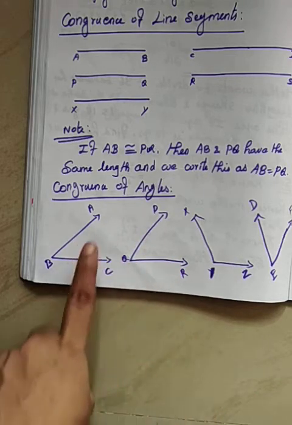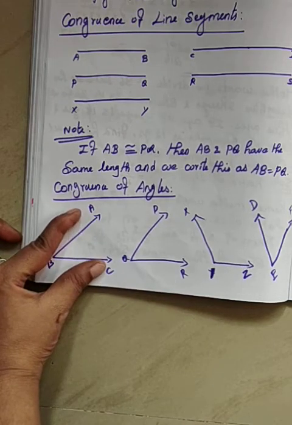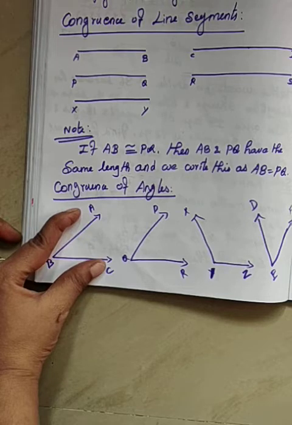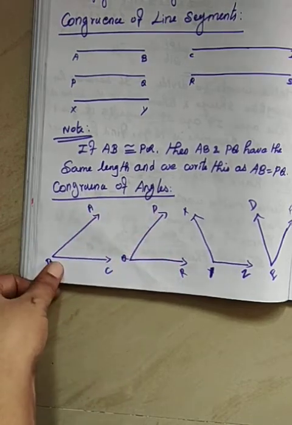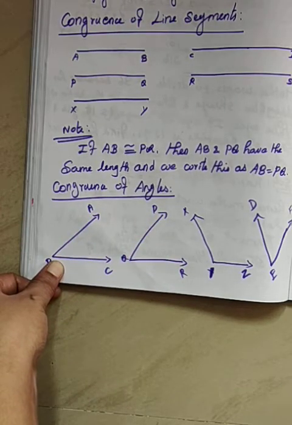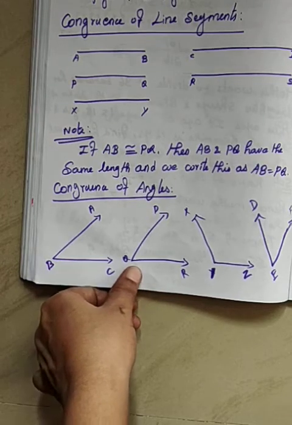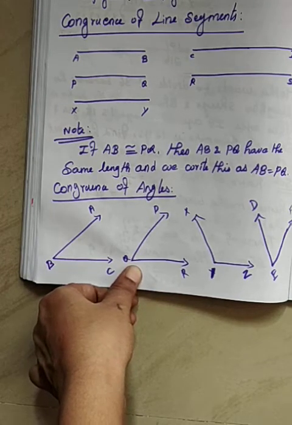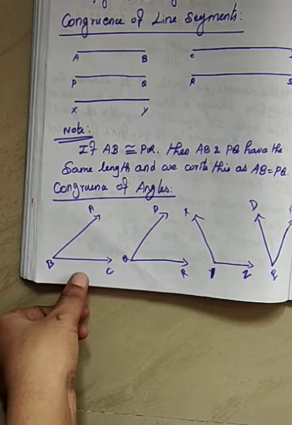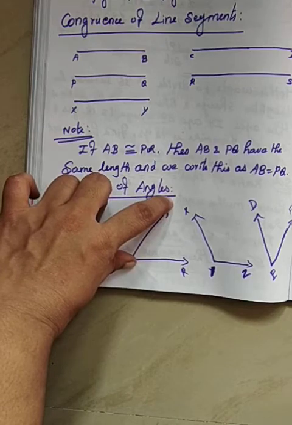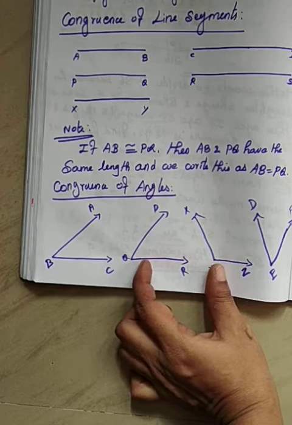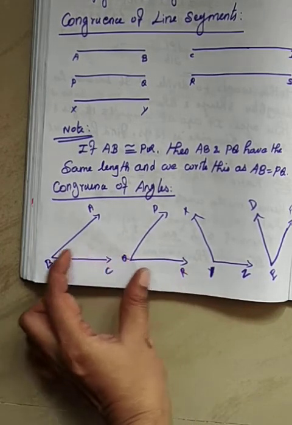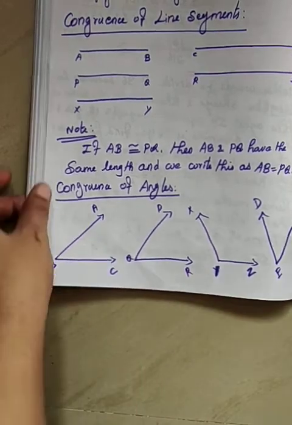So, we make a replica of angle ABC on a tracing paper and place it on angle PQR such that the vertex B of the angle ABC on the tracing paper coincides with the point Q, and one arm of the angle ABC coincides with QP. Observe that the other arm coincides with QR. So from this we conclude that angle PQR and angle ABC are congruent. Right?